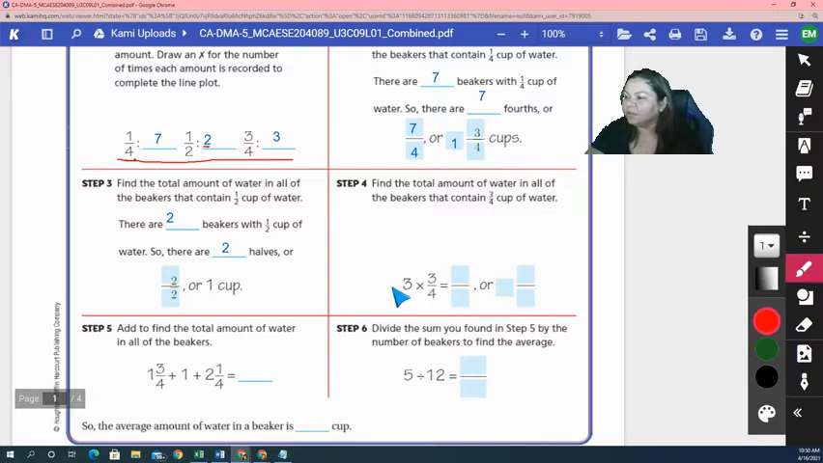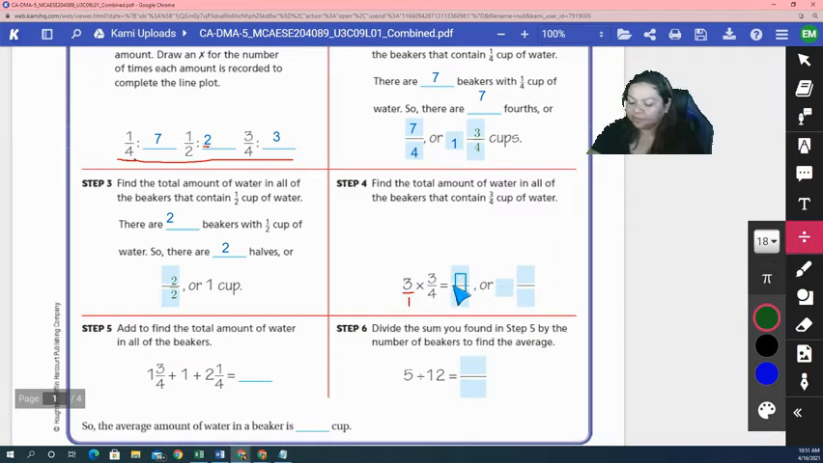So we know that every time we have a fraction and a whole number, we write the whole number as a fraction by putting a 1 under it. 3/1 is the same thing as 3. So now we multiply. And when we multiply fractions, we multiply the numerator times the numerator, denominator times the denominator. So that means that 3 times 3 is 9. And 1 times 4 is 4. So in total, we have